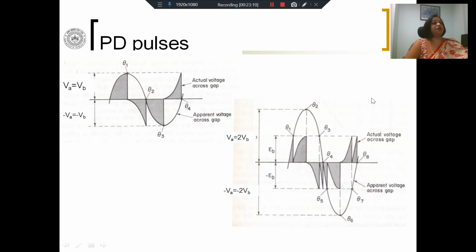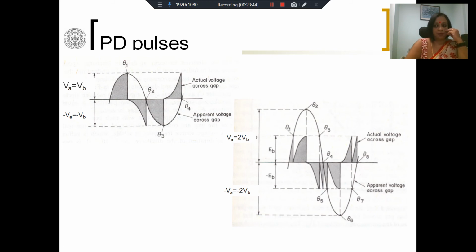So therefore, the number of pulses that you would have in a single cycle of the supply depends upon the relation between the supply voltage peak and the breakdown voltage of the void. Generally, the void is very small compared to the sample, compared to the peak voltage, and you will not have just 2 or 4. You will have a very large number of PD pulses happening in any cycle of the supply voltage. So this is to explain that PD is pulsative in nature,